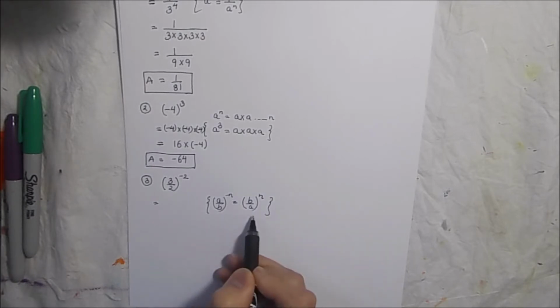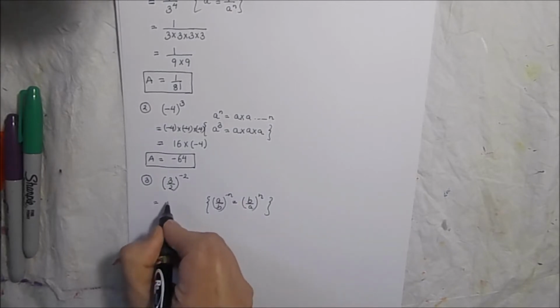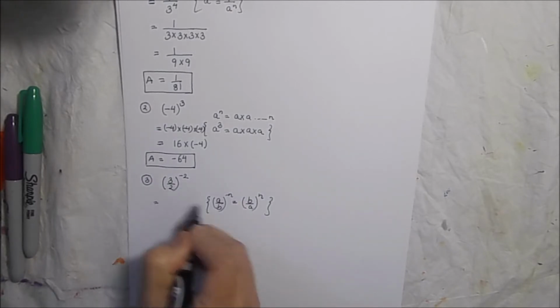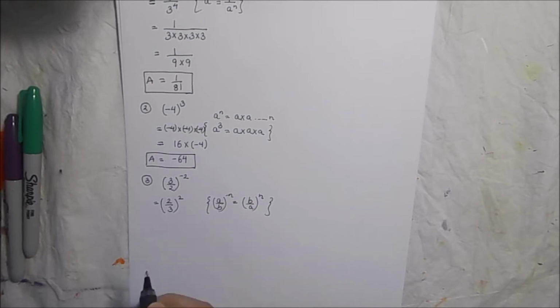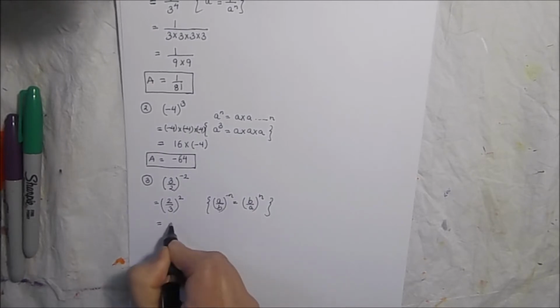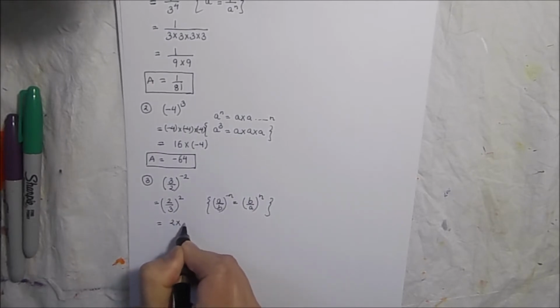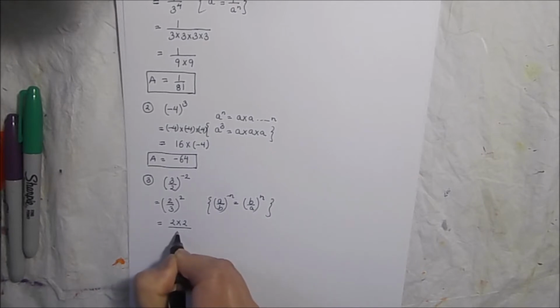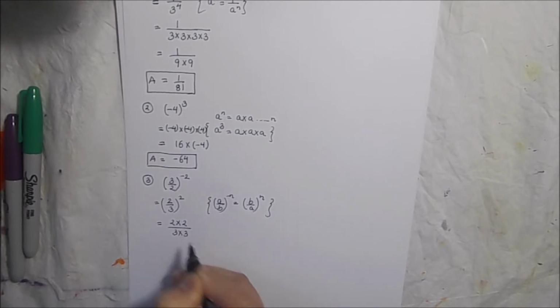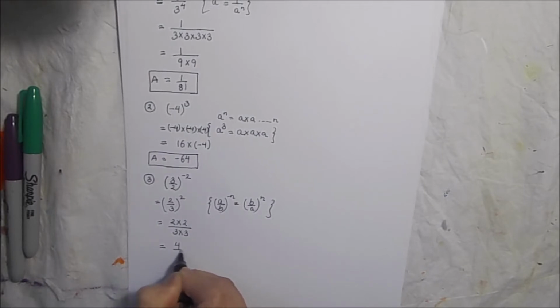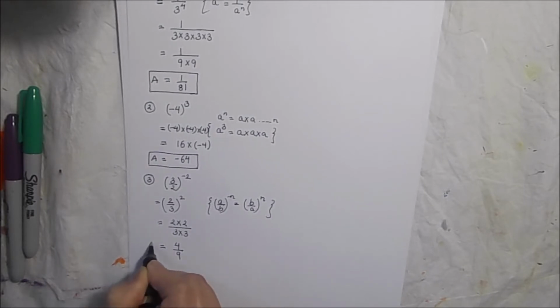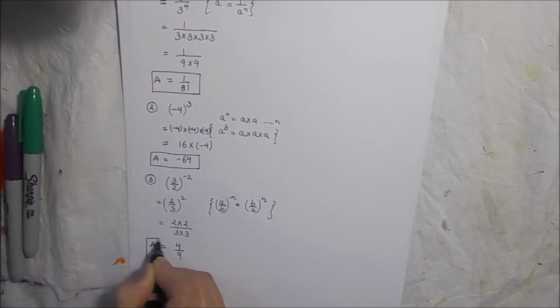So for making this negative exponent positive, we have to invert the fraction or take the reverse of the fraction. So by applying this rule, we have 2 over 3 to the power 2, or 2 over 3 squared, which we can easily solve. That means 2 times 2 and 3 times 3 in the denominator, which will give us 4 over 9. So this is going to be our final answer.